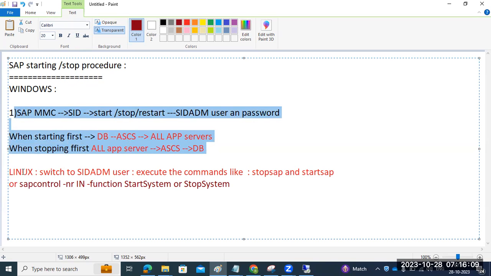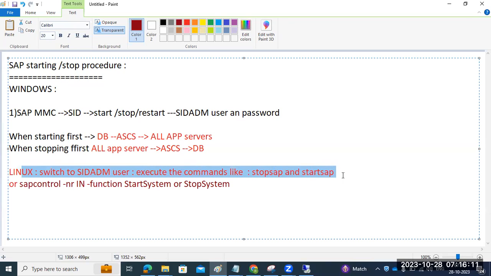If you don't have the MMC, then you can use the commands. The order of stopping and starting is the same, either Windows or Linux. In Linux, you use the simple commands stop SAP, start SAP, but in the MMC, you right click and stop and start.